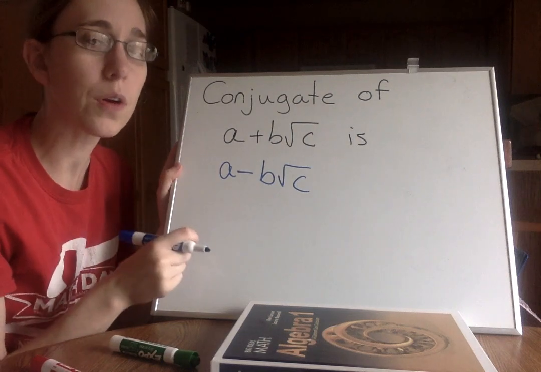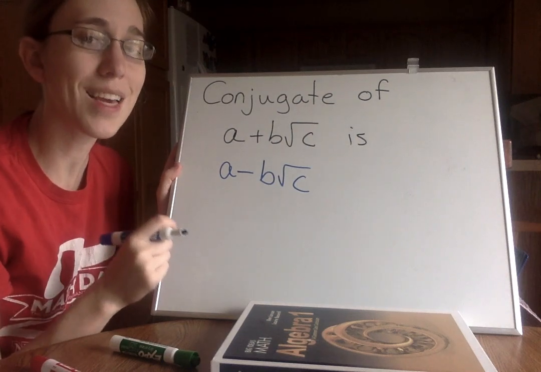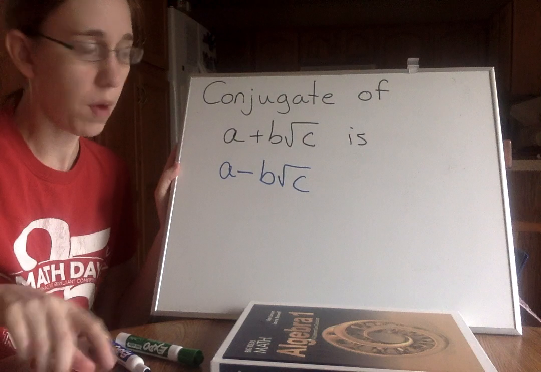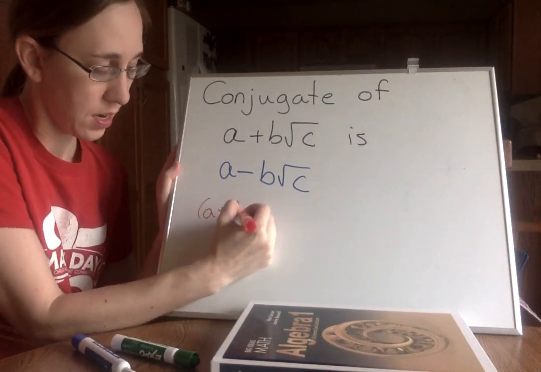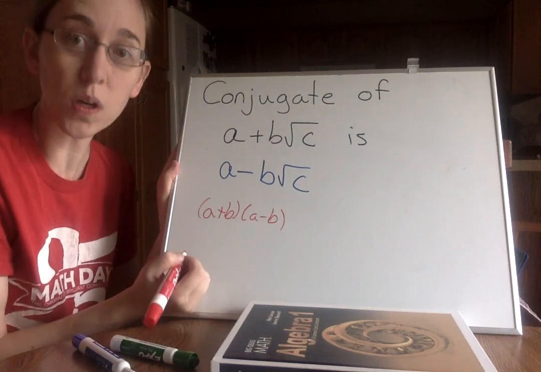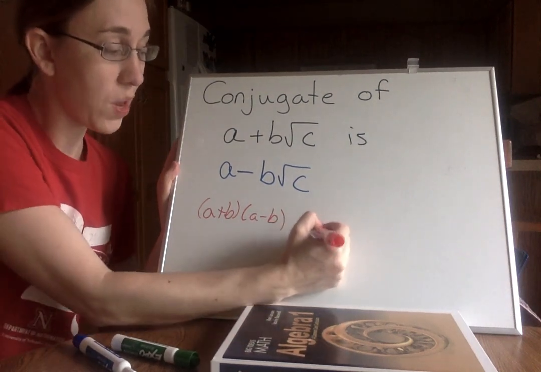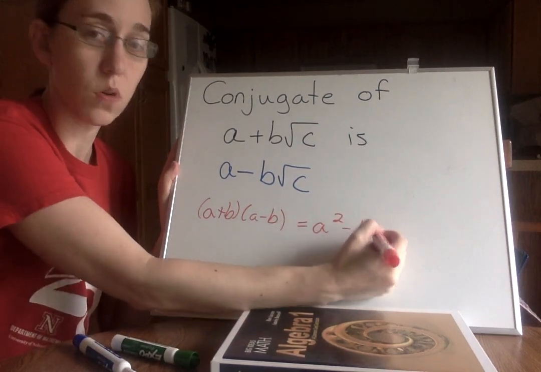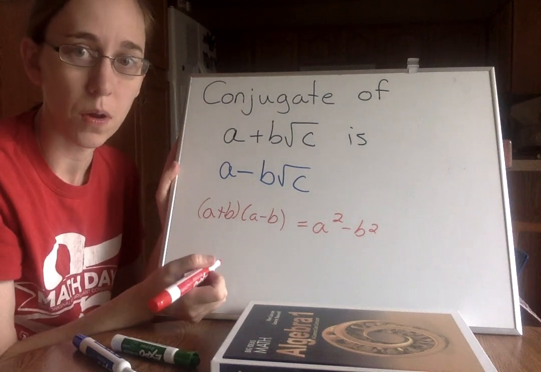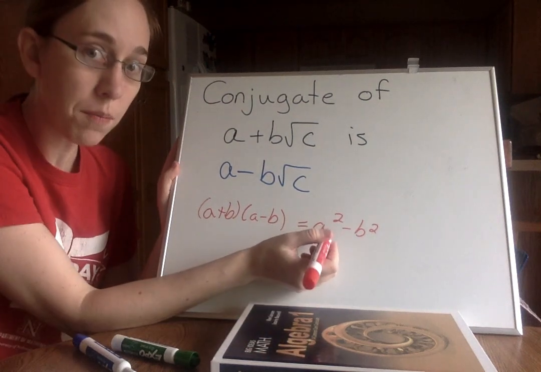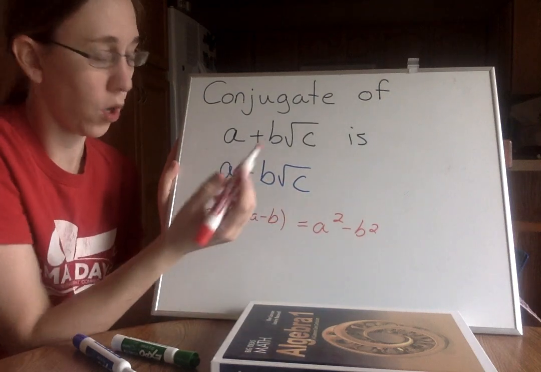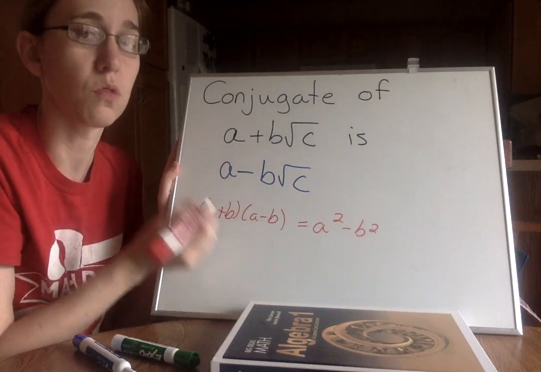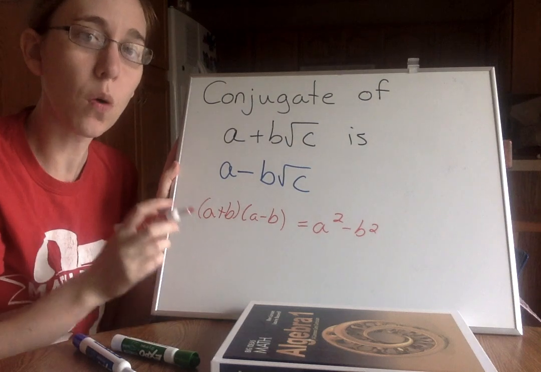Because when we go through and we FOIL that out, it's a difference of two squares. You might remember when we did a plus b times a minus b, and we FOILed those and we multiplied them out, and we got that a squared minus b squared. No middle term. Well, if there's roots and I square them, they're gone. So by using this conjugate, we're creating that difference of two squares, we're making all the roots go away,